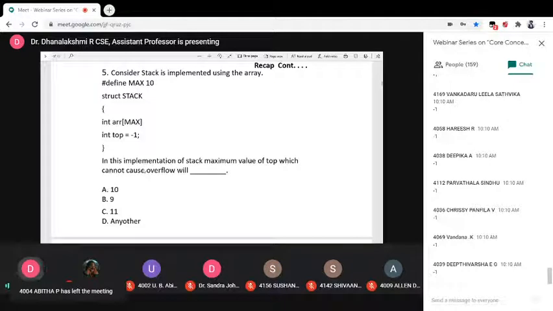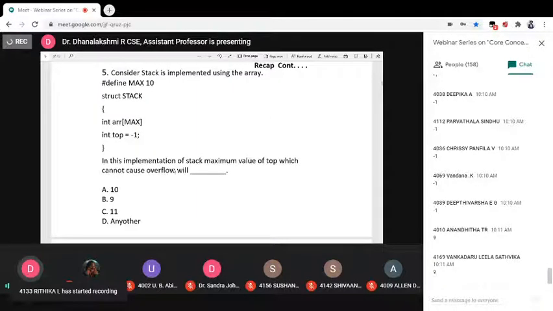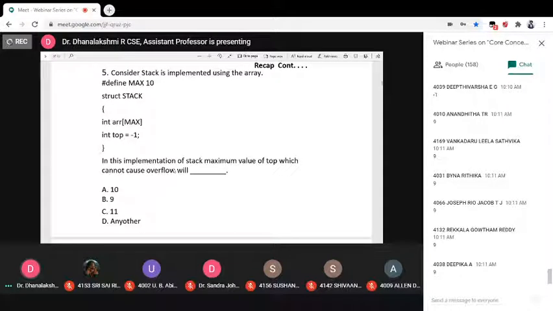Now the fifth question. Consider a stack implemented using an array. The maximum size is 10, and int top is equal to -1. Now in this implementation of stack, what is the maximum value of top which cannot cause overflow? Option A is 10, then 9, 11, and another option. What is the answer for question number 5?